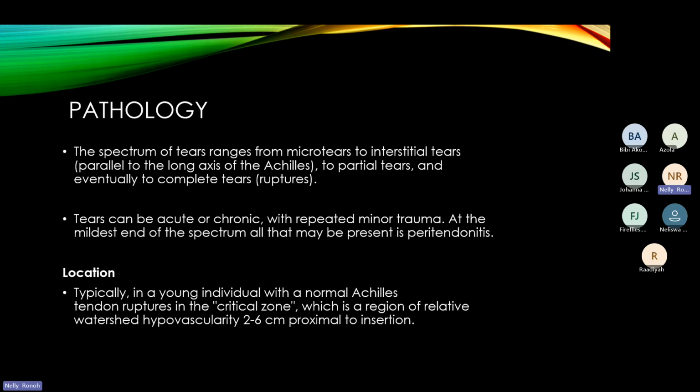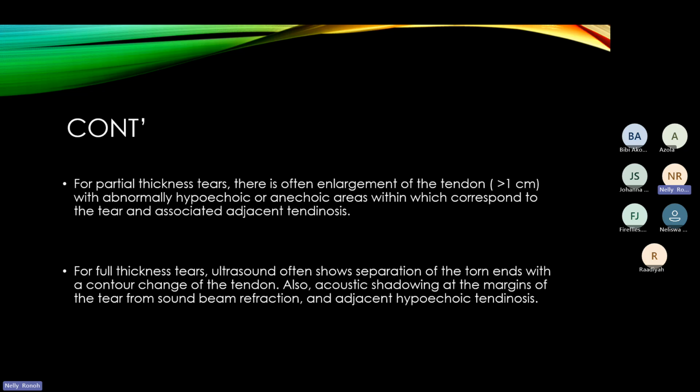Depending on the age of the patient, that is how you could find those tears around that part. Then for partial thickness tears, there is often enlargement of the tendon, which is more than 1 centimeter. So maybe the question would be, what would be the normal thickness? It should be around 6 millimeters. It's usually 4 to 6 millimeters. So once it goes beyond 10 millimeters, which is 1 centimeter, then with abnormal hypoechoic and echoic areas within the